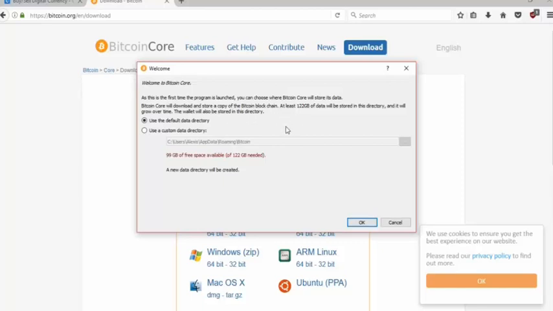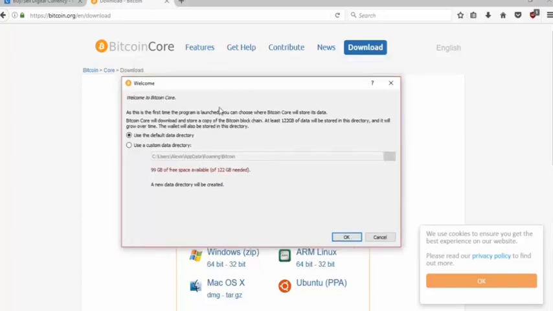Now, a lot of people have been saying this about Bitcoin Core, the fact that it downloads the entire blockchain, and that's 122 gigabytes. This may discourage you from using it, but let me just explain why it's going to store the Bitcoin blockchain. It basically just helps with anonymity. And I'm not forcing you guys to use this option, but I'm going to be demonstrating other things with it. So if you're not comfortable with it using 122 gigabytes of data, that's fine.